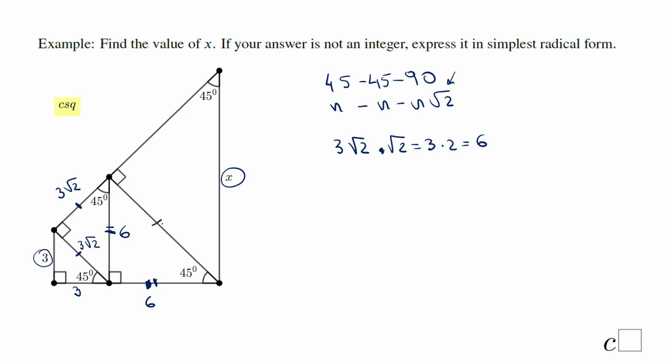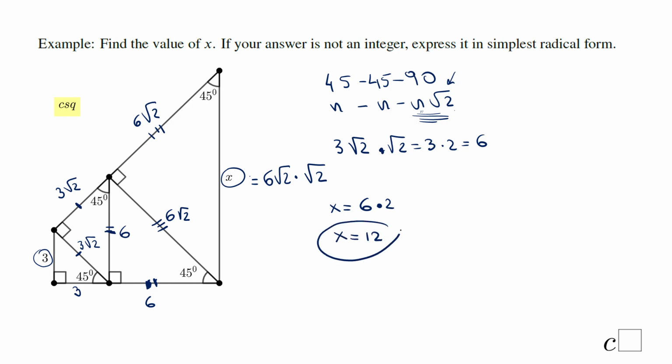And what about this one? This one will be this pattern, n square root of 2. Remember, now n is 6. So this will be 6 square root of 2. Now this leg here is going to be 6 square root of 2, because these two legs are congruent, 45, 45, 90. But what about this one? This will be again this pattern, n square root of 2. In this case, n is 6 square root of 2, and don't forget the square root of 2. So x will be 6 times square root of 2 times square root of 2, it's 2, and that will be